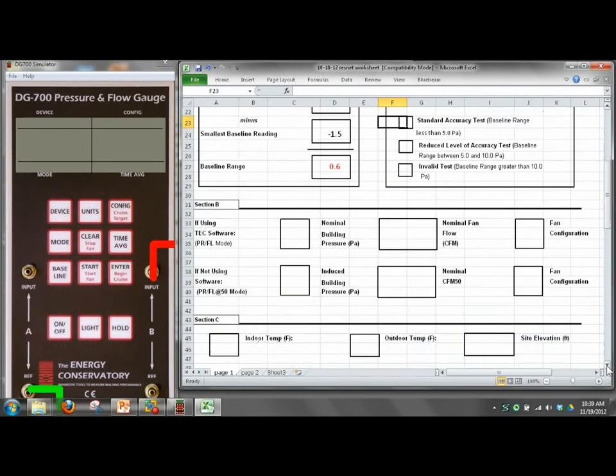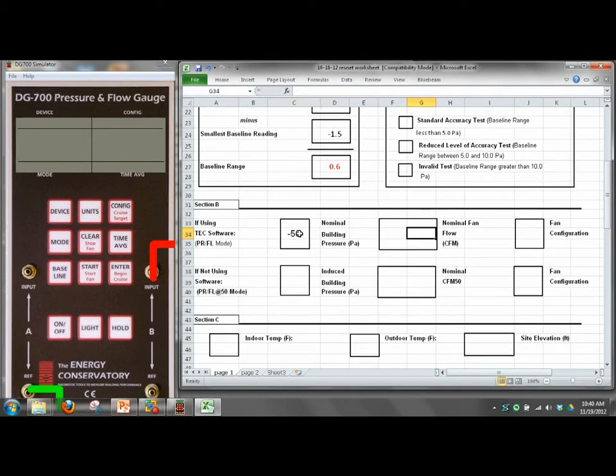The next section, down to section B, is entering our blower information. And the path we choose here will depend on if we're using software, and we're going to enter this data into software, or if we're not using software, we're going to use charts to do the adjustments for temperature and elevation. We'll do the blower test differently depending on what we're doing, because if we're doing a manual entry into software, the baseline readings we enter in will be used as the baseline readings. So in this case, we'll enter in negative 50,